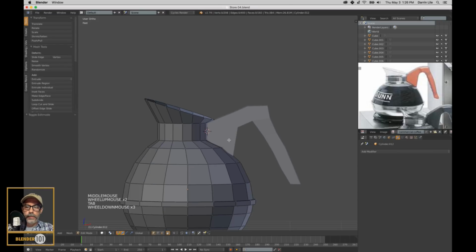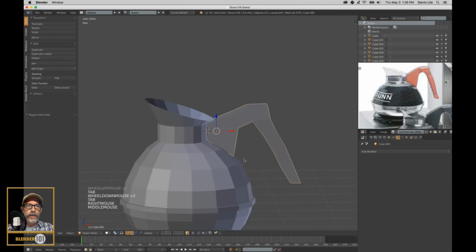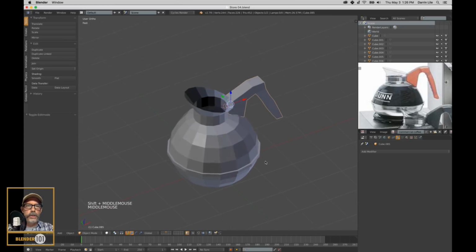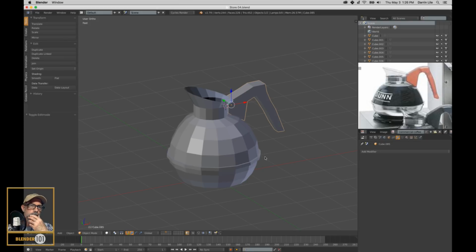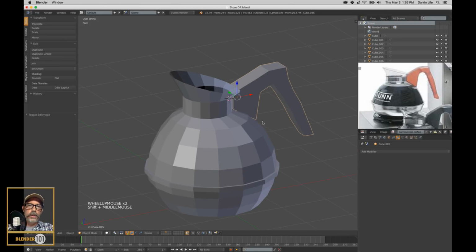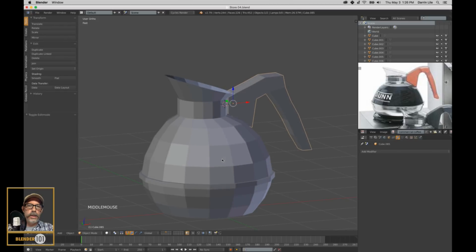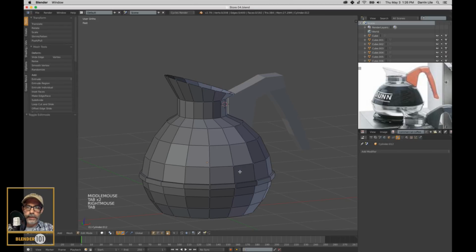Okay. But what if we did this? So I think the whole thing is going to need subdivision surface modifiers. I think we're going to need to do that. And I think we're probably going to need to do a double-sided thing here. So let me actually